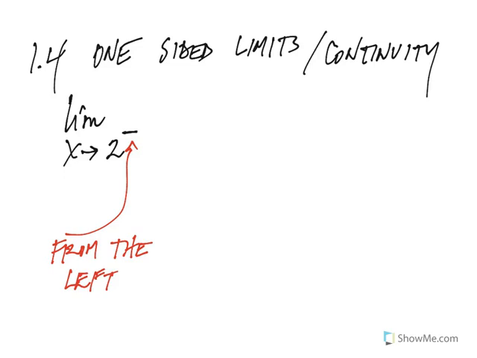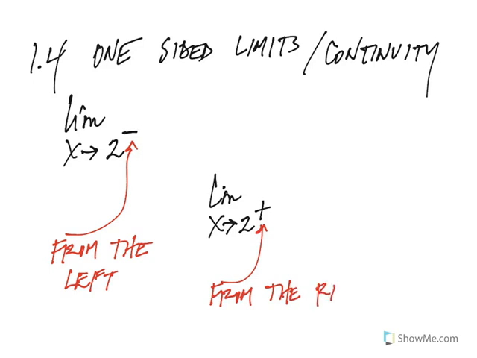1.99999. And then, of course, if I've got the limit as x approaches 2 with a plus sign, all that means is from the positive side or the right-hand side of the number line. So numbers like 2.001, 2.0001. Now, the nice thing is you work one-sided limits exactly like you work two-sided limits, like I said